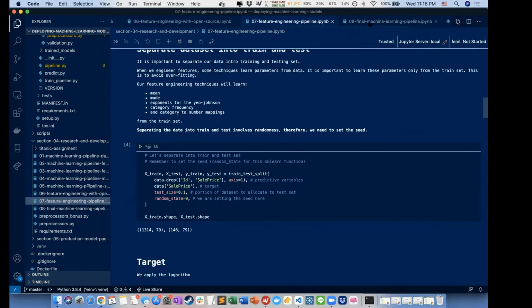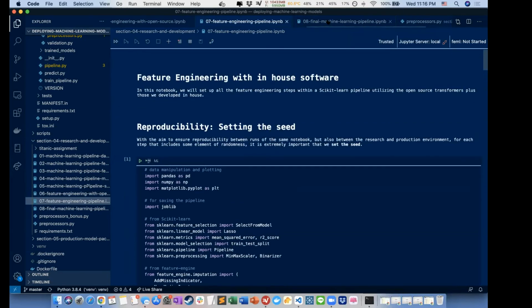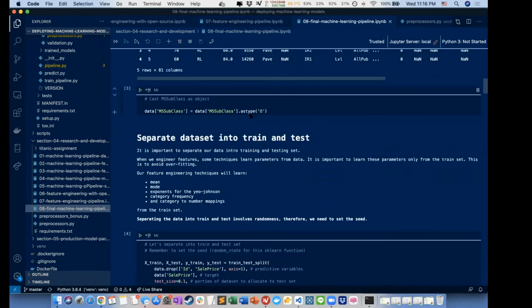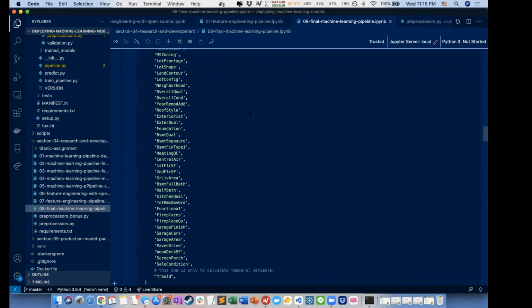That was all in research and production modes. This is where a lot of data science projects lie, in research and development mode. Eventually they moved all the code to this pipeline. The reason I wanted to show you all these notebooks is that all this research and all these EDA were important, because eventually you can compile that code into